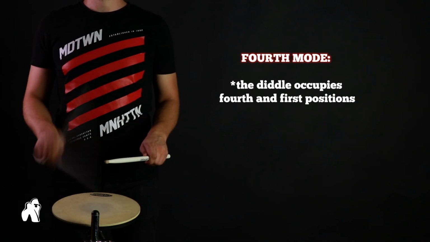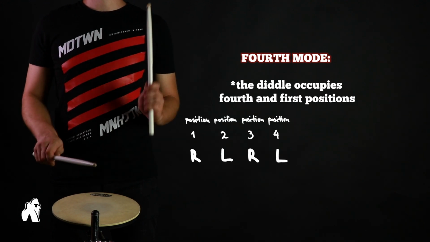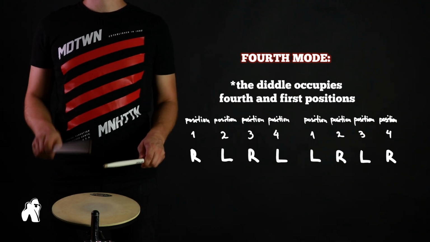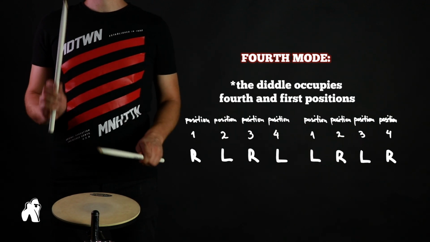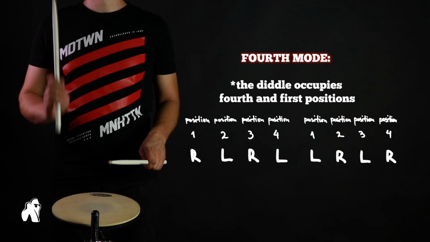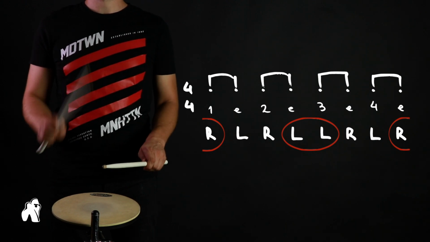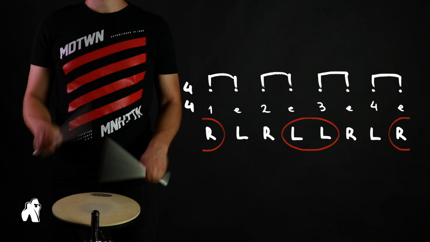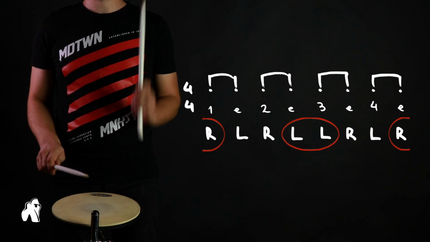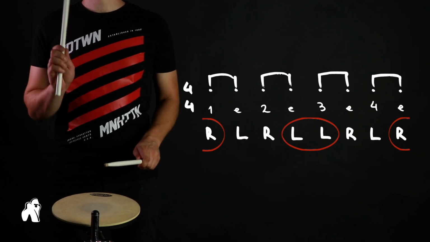The most overlooked and arguably the most awkward mode is the fourth mode. It is when the double stroke occurs on positions 4 and 1. In the case of a 4/4 measure, on the end of 2 and 3, plus the end of 4 and 1. Most people struggle with this one, so sometimes more time is needed to get the hang of it. To add to the difficulty, the diddle now again is in inverted form, as it starts on upbeat eighth notes. Ideally, you would have a metronome set on voice count like in this video. Having the metronome on voice count would mean you're less likely to get lost in the measure, and also it would be easier to learn to count yourself.